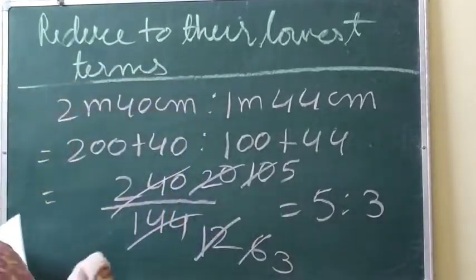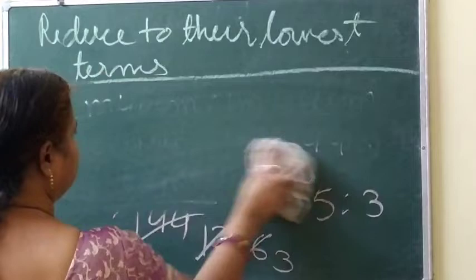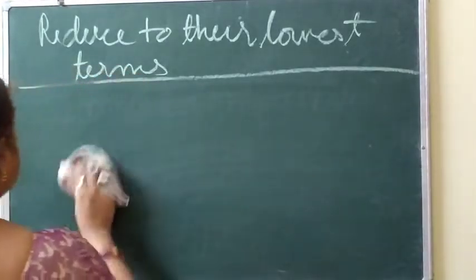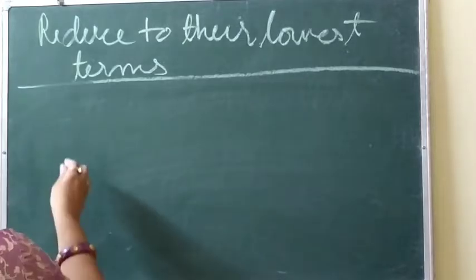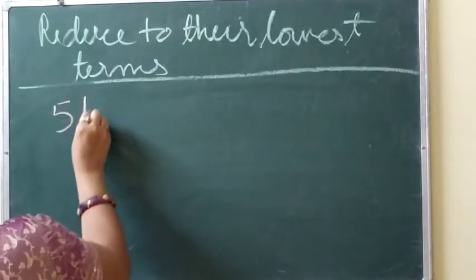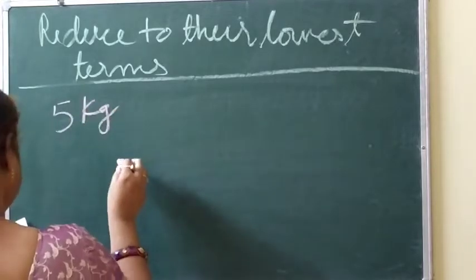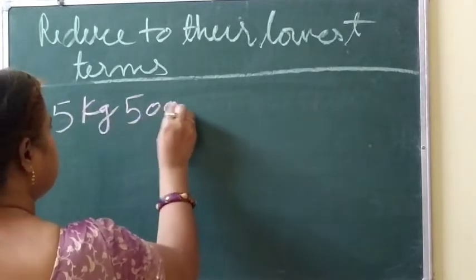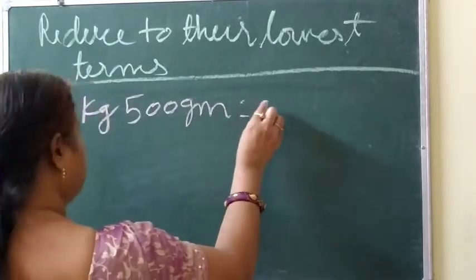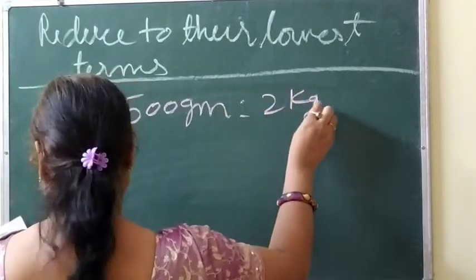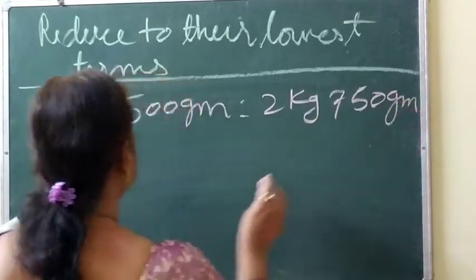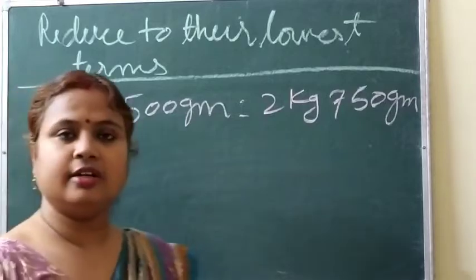Now, the next subpart. You are getting here that all these subparts are what? Different. Yes, different from each other. Okay? So that is why I have taken these, so that all types of questions you can solve. So now you have to find the ratio between this 2 kg 750 gram. Again, what we will do? We will convert kg into gram.